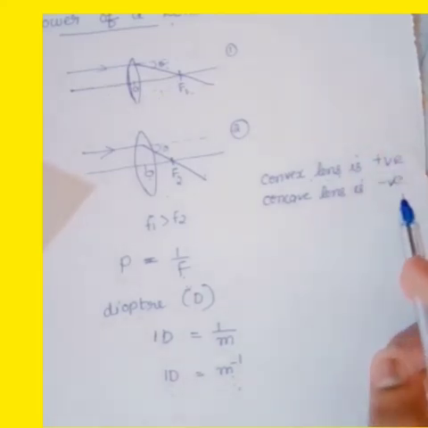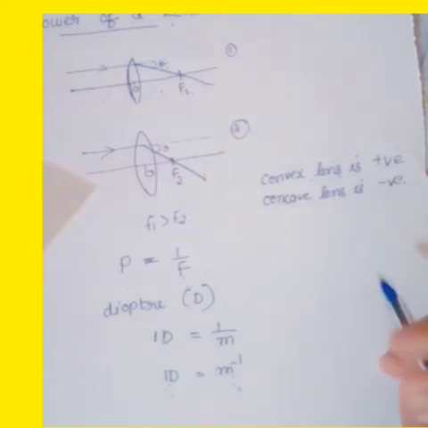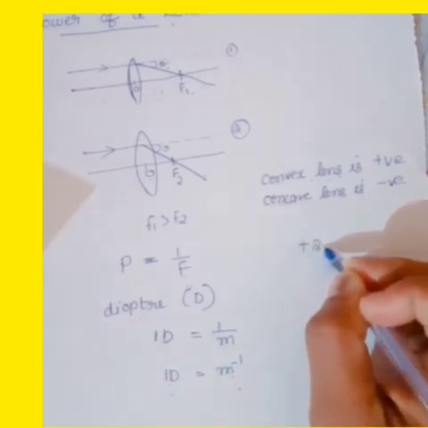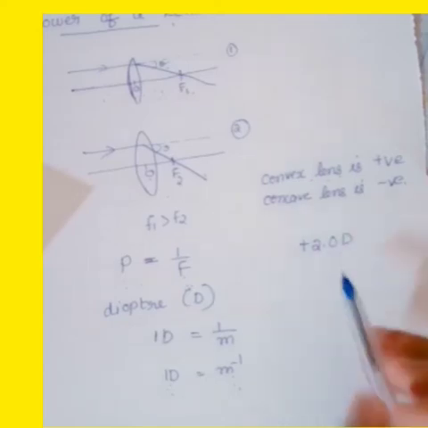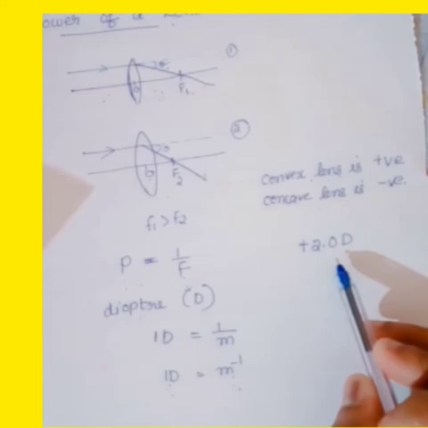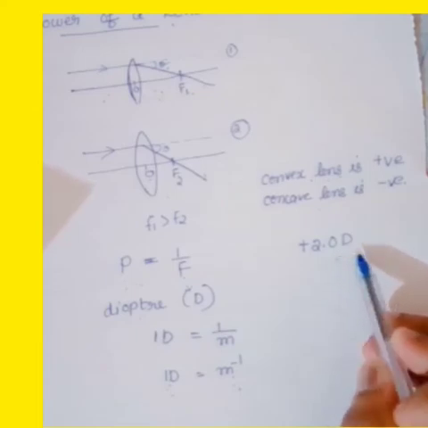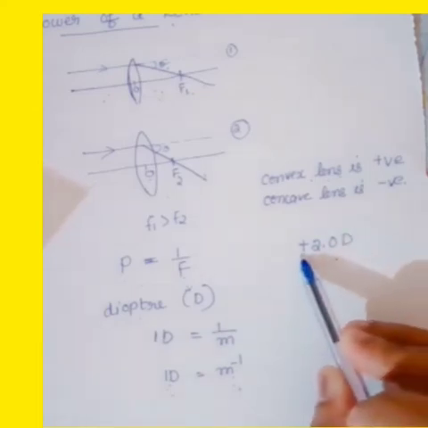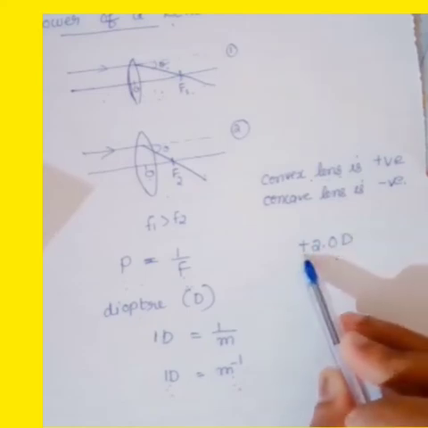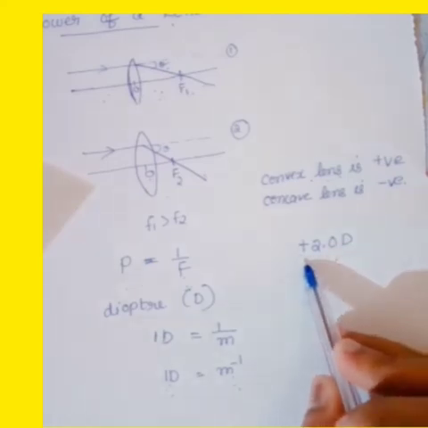Okay. Suppose an optician prescribes corrective lenses and indicates the powers. Let us say the lens prescribed has a power equal to plus 2.0 diopter. Then what is its meaning? This means the lens prescribed is which type of lens here? Because it is a positive 2.0 diopter. So, it is which lens? Convex lens. So, it is a convex lens.